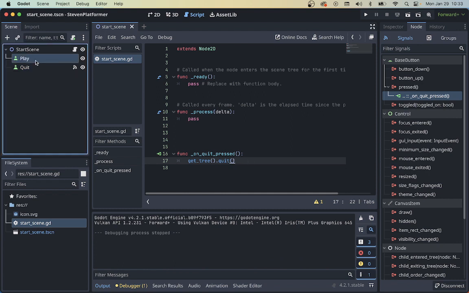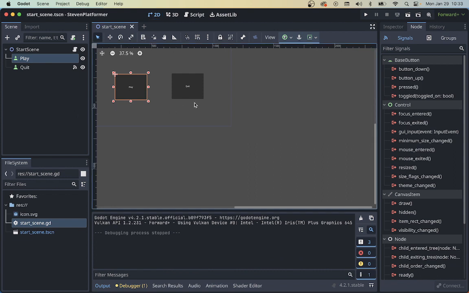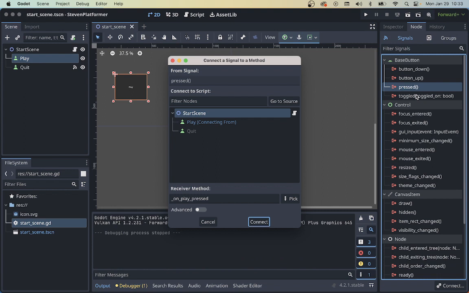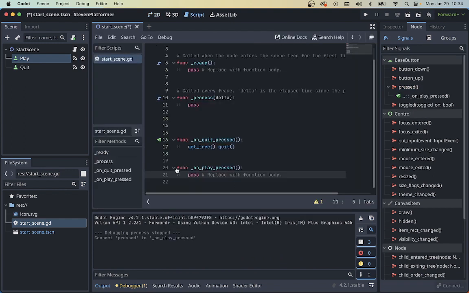Now for the play, we're going to basically do the same thing, right? We're going to get that on pressed. So let's go ahead and connect it. Again, you can double click and it'll open up this, or you can right click it and choose connect. And again, it's exactly where I want it to be. So we're going to go connect. And now this one's on play pressed. But here, I can't just,